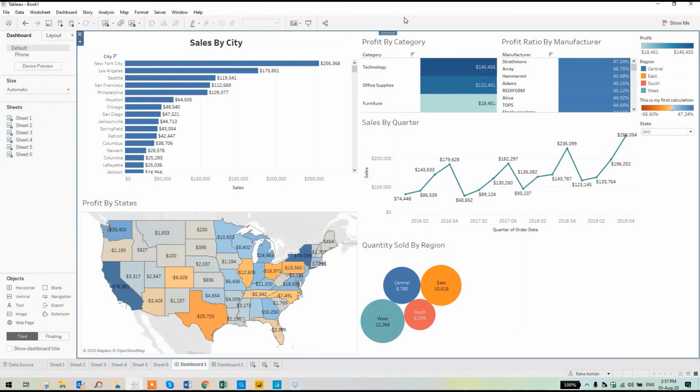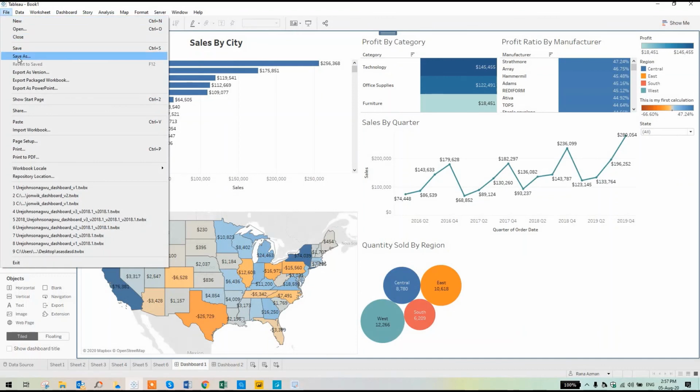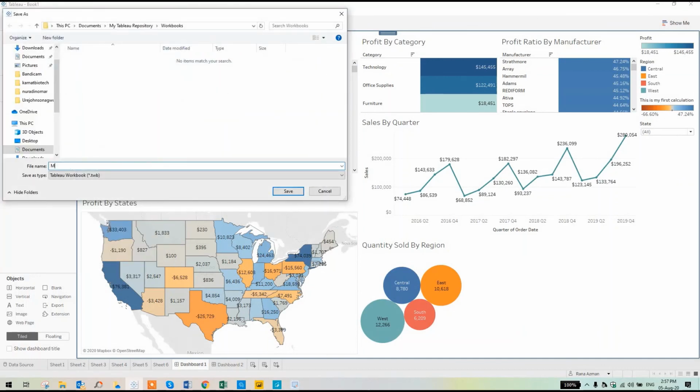Then the last step is to save this dashboard. We'll click on file and save as my first dashboard in Tableau. You have to save it as a Tableau packaged workbook. There are two types of options, Tableau workbook and Tableau packaged workbook.